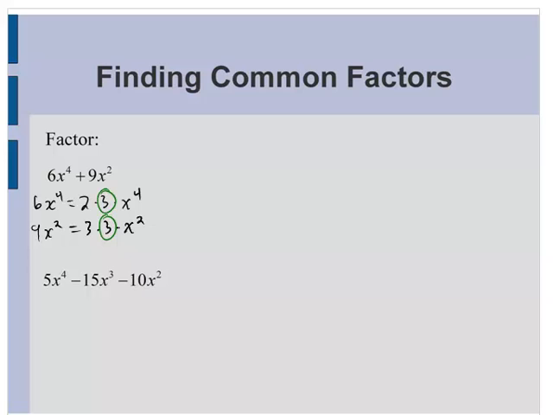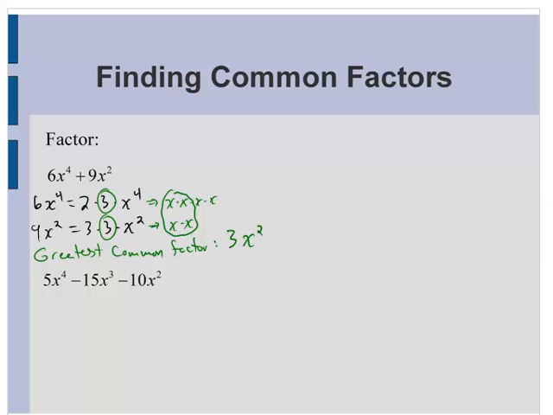Well, if we were to expand those, we would see that the x to the fourth is x times x times x times x. And of course, the x squared is x times x. How much is in common? 2 of them are in common. So what we can generally say is, if we have variables, we choose the one with the smaller exponent. So then the greatest common factor would be